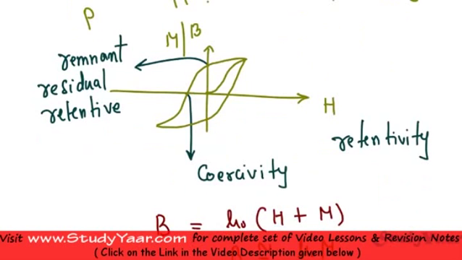Also, as is visible from this graph, there is a complex relationship between your M and H. So for a ferromagnetic material, your